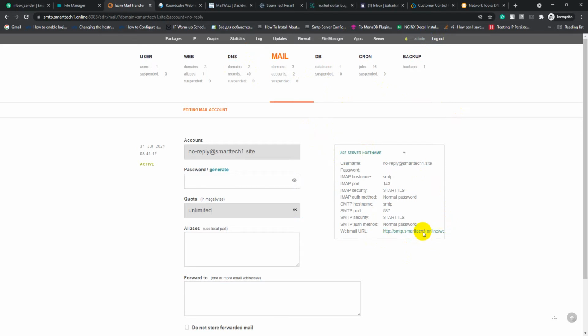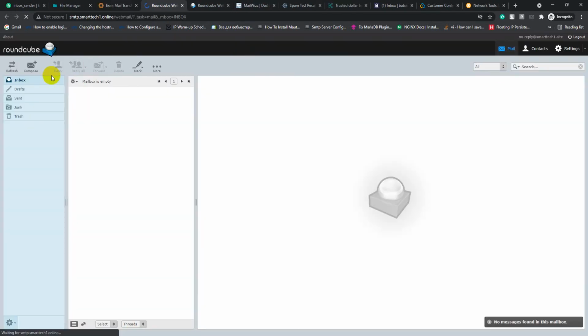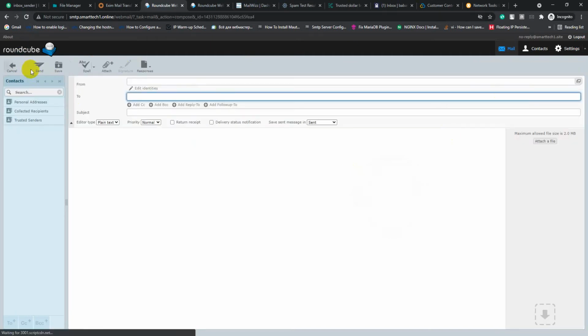Let's open Roundcube. I already logged in. Let's send a test email. Before sending the test email, we can send a test email to the GMass inbox tester.